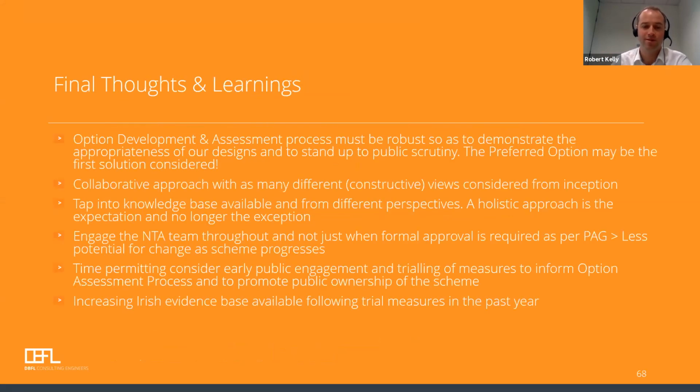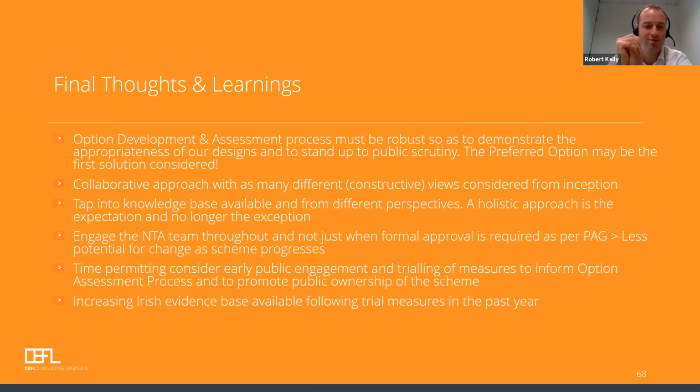So, just final thoughts from my end of things. The options development and assessment process has to be robust. It has to withstand public scrutiny, and it must demonstrate that the solutions we've come up with are appropriate. It might be the first solution you considered, but you need to demonstrate that you've considered a whole range of options. Collaboration is key, as I mentioned earlier, and that's not only towards the end of the process, but